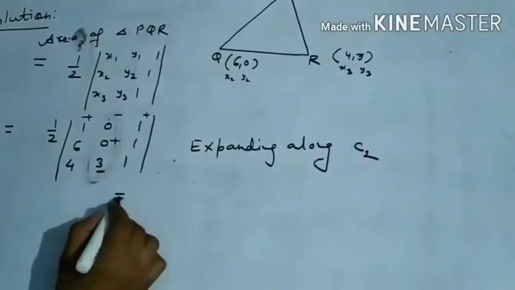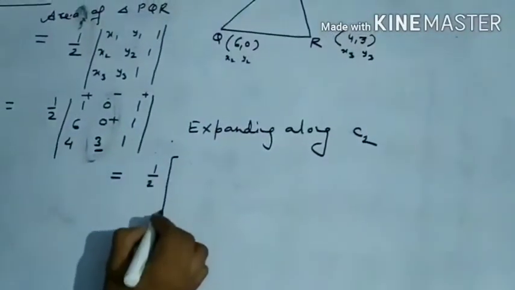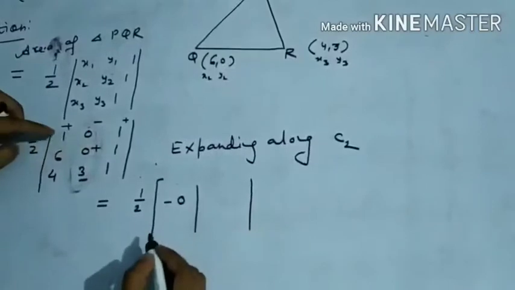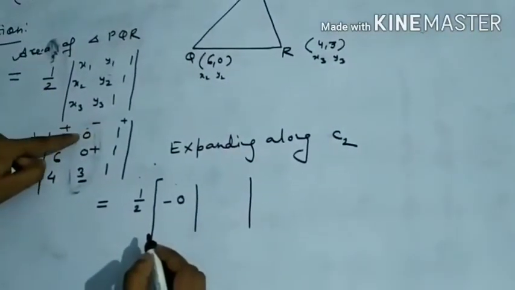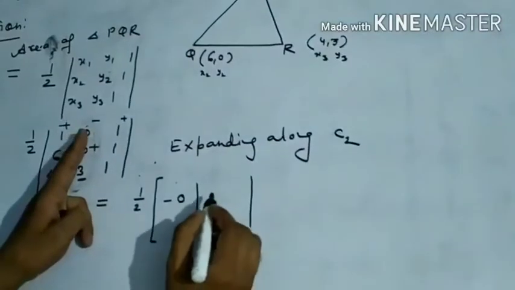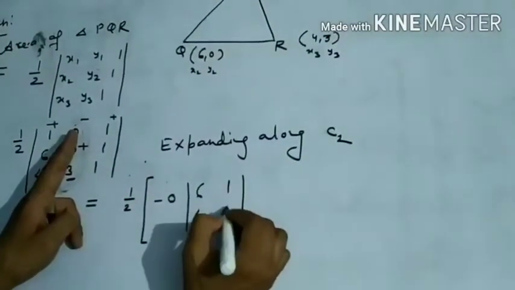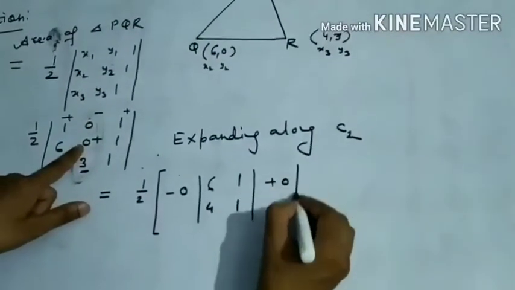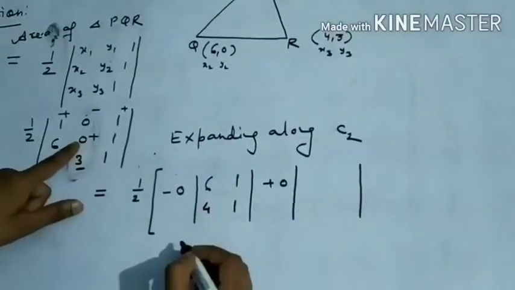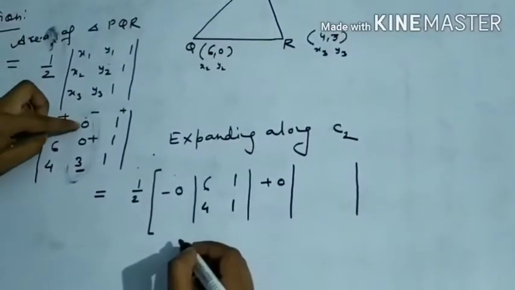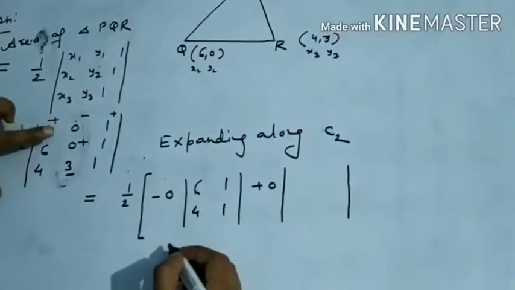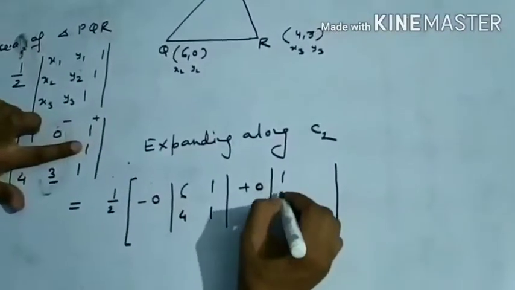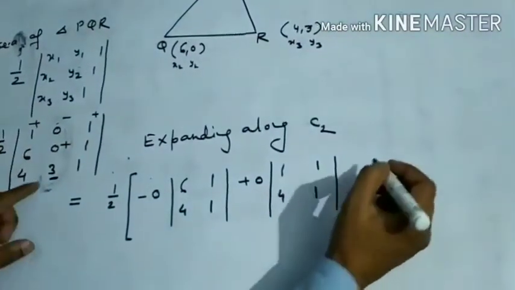So this is equal to 1/2 times: minus 0 times the subdeterminant after leaving the first row and second column, which is 6, 1, 4, 1, plus 0 times the subdeterminant after leaving the second row and second column, which is 1, 1, 4, 1,